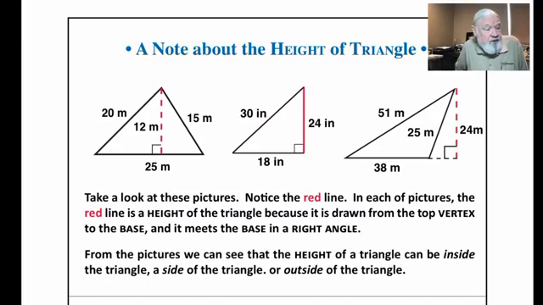So as you can see from the picture here, the height of a triangle, as in the first figure, could be inside the triangle. In the second figure, the height is one side of the triangle, and in some cases, as we can see in the third figure, the height is actually outside of the triangle. Again, remember, the height is from the top vertex straight down. And if straight down is outside the triangle, so be it. That's the way that this works out. And we're not going to multiply these out because these numbers are pretty big. But I think you get the idea here.